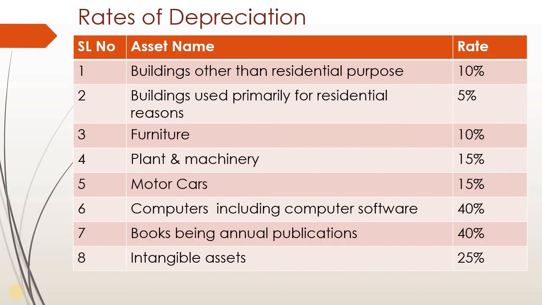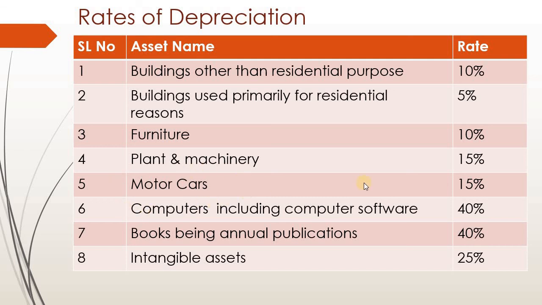Now let us discuss the rates of depreciation for important items. Serial number, asset name and rate. For buildings other than residential purpose, it is 10%. So all buildings other than residential purpose, it is 10%. Then buildings used primarily for residential purpose, it is 5%. Then for furniture, all furniture and fixtures, it is 10%. Then plant and machinery,